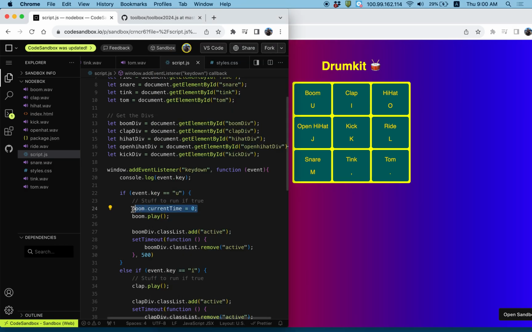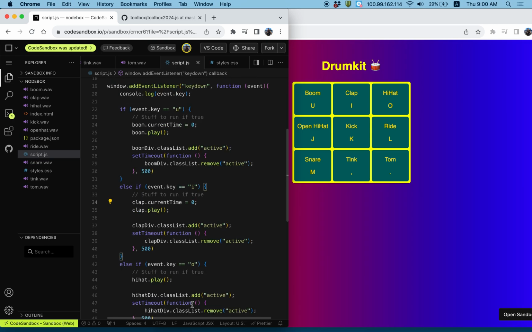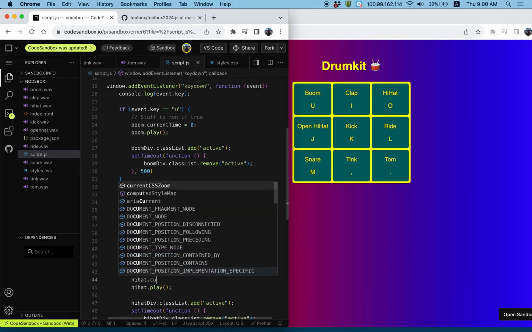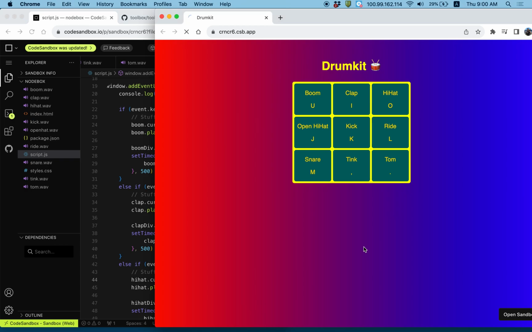I'm going to do the same for my other keys as well. And what this is doing is it's saying every time I click that key on the keyboard, reset the sound back to the beginning and play it. So this one will be clap.currentTime, and then down here this will be hi-hat.currentTime. And you'll add that for all of your, oops, equals 0. You'll add that for all of your drums,